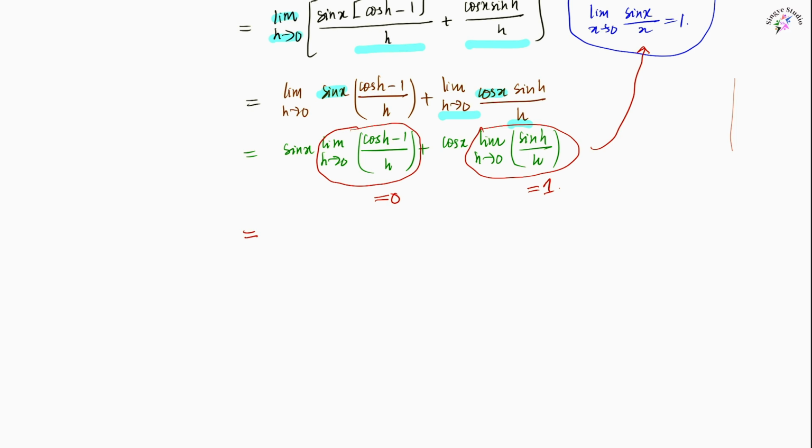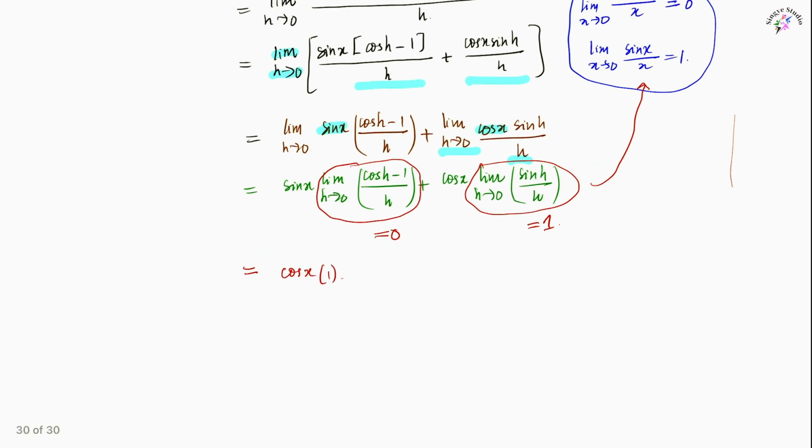So the first expression will be 0 and the second expression will be cosine x times 1. Therefore, we have successfully proved that the derivative of sine x with respect to x is cosine x from the first principle,